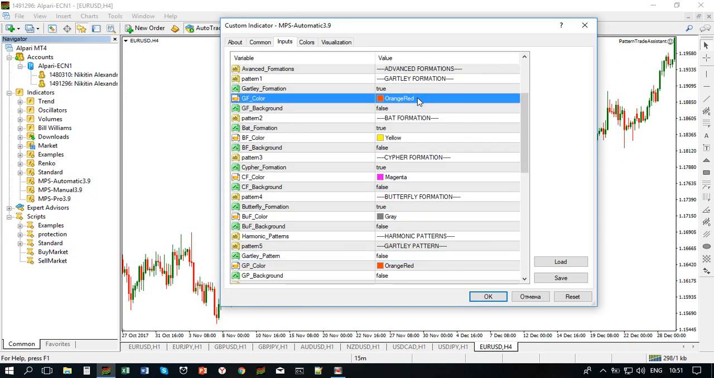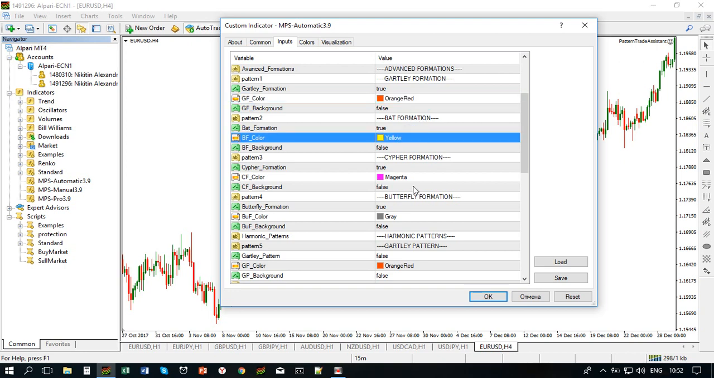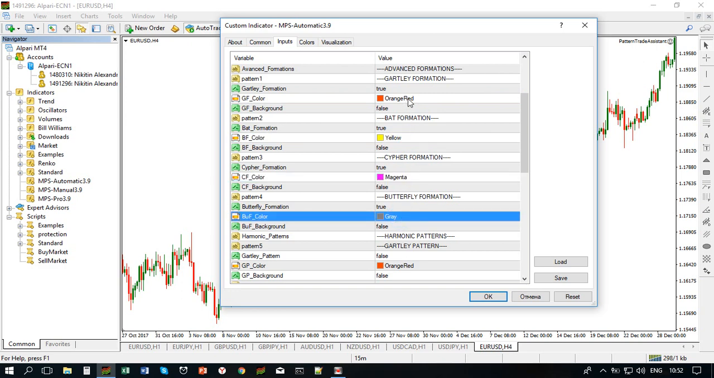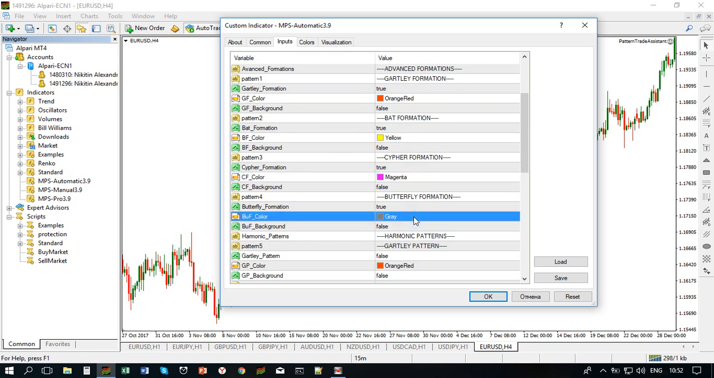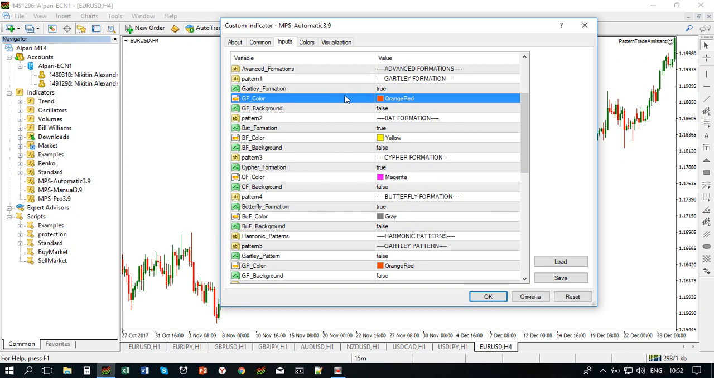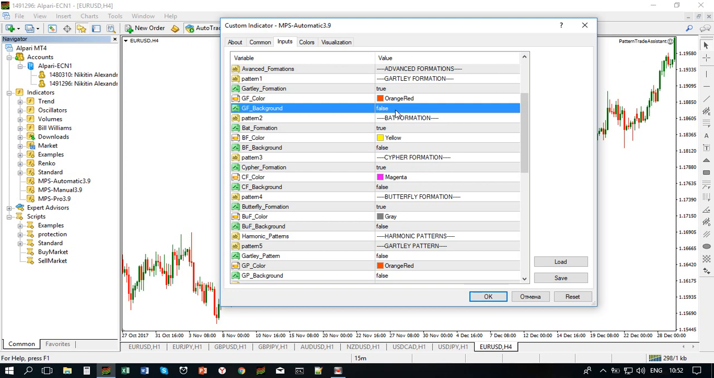Then you can change the color. Pretty good. Instead of attaching those labels that this pattern is a Gartley, this pattern is a Bat, those text marks on your chart, I decided to simply change the color of that and you will immediately recognize what pattern you have. If you have orange red, it is a Gartley, yellow it is a Bat, magenta it is a Cipher, and gray it is a Butterfly. I think it is a very good solution for that problem, because when you have plenty of text marks on your chart, it looks messy. You don't see the price action behind them. What is the background? The background is actually whether your pattern is filled with color or not. Okay, so simple